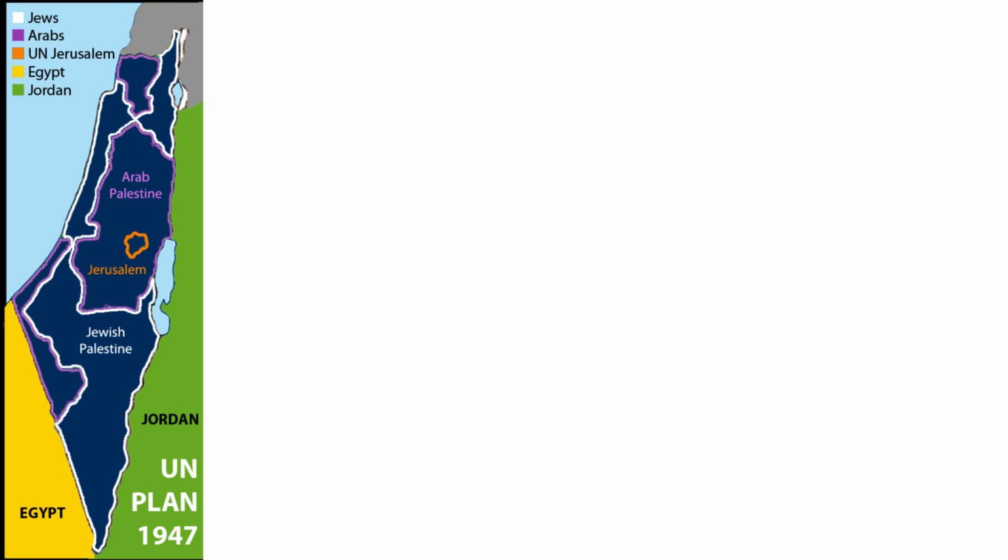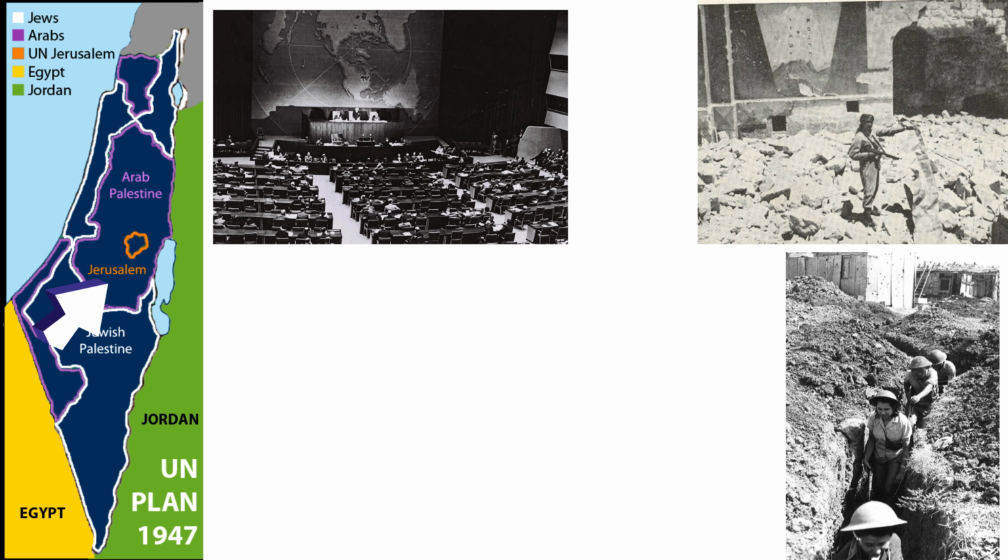1947, UN Partition Plan, Resolution 181. The United Nations proposed the partition of the region into a Jewish state and an Arab state, with Jerusalem as an international city under special status. Israel accepted the plan. The Arab side rejected it, and war broke out, not from Palestinians, but from neighboring Arab